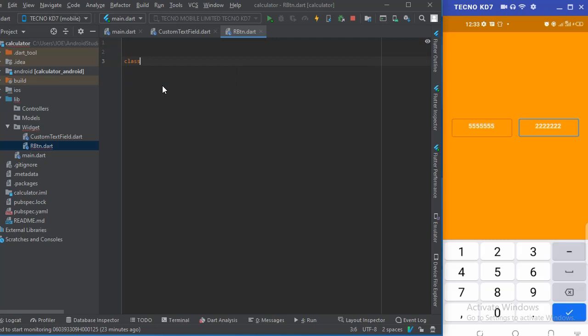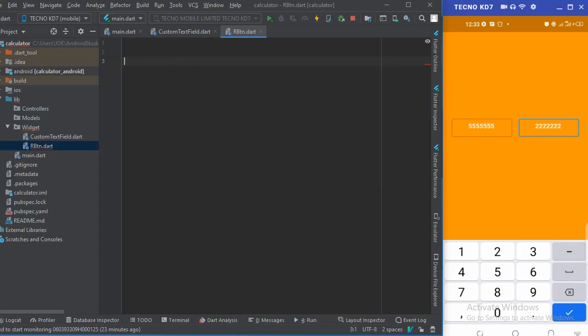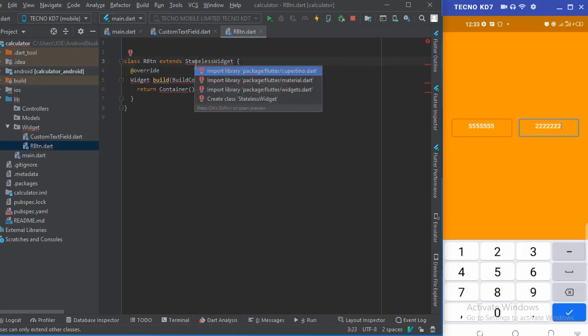So the reusable button would extend this. Let me not do this. I'm going to use the shortcut right now. You see the stateless. Okay, simple. So the reusable button RBTN. So right here, we're going to import the material app. So in the material app,